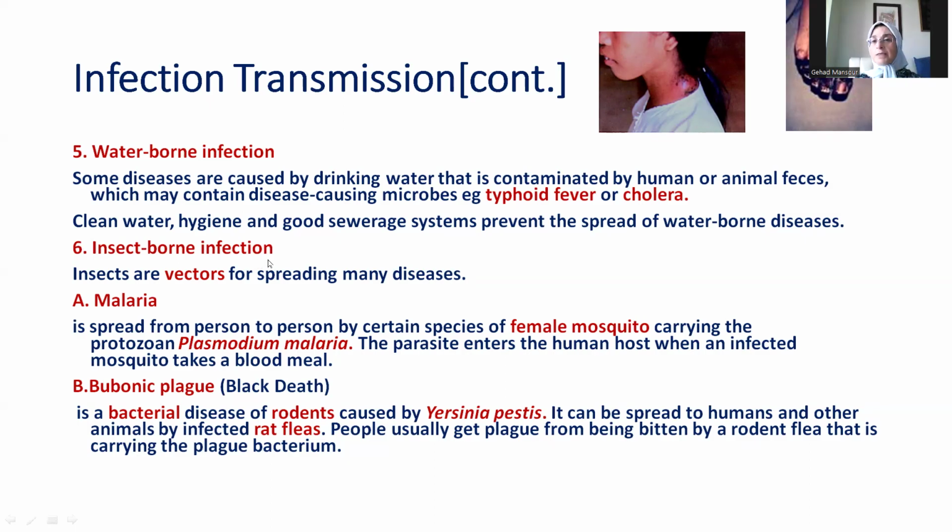Insect-borne infection is infection that is transmitted via insects. And here, insects are not themselves pathogenic, but we call them insect vectors, meaning that they are transmitters of infection. And that's through their carrying of pathogens either inside their abdominal cavities or the salivary glands or onto the hairs of their legs, like in houseflies.